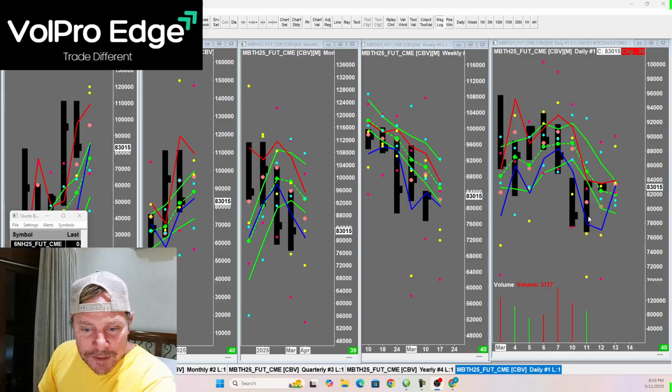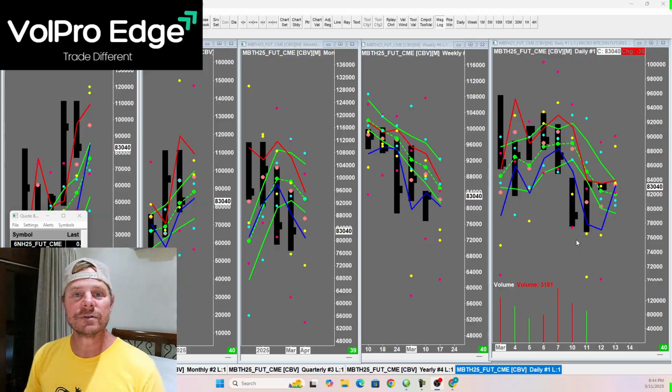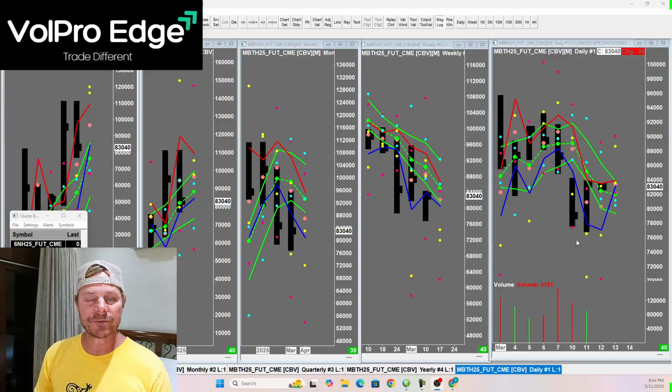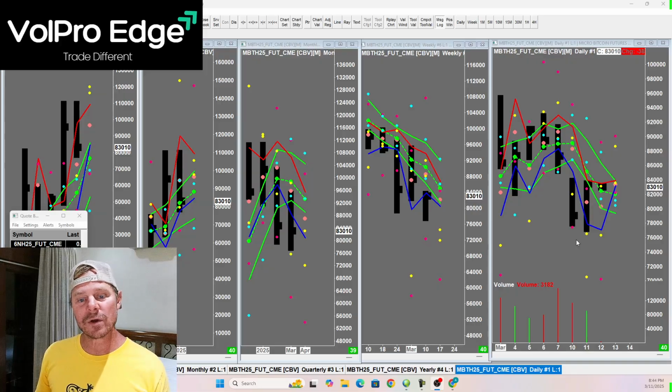All right, guys. Looking at Bitcoin here, you tagged all that support down there that I was keeping an eye on. I thought maybe the weekly would want to gun a little bit lower, but you're already getting picked up here. Still a lot of support on the monthly, a lot of support on the quarterly. So not for the faint of heart, but it looks like Bitcoin could try to continue to push higher out of this dip, especially if the dollar continues to suffer, euro catches a bid, and bonds are under pressure. Keep an eye on those markets. If NASDAQ and ES start to squeeze a little bit higher, then probably Bitcoin will as well. So keep your eyes on that, and I will leave that with you guys.